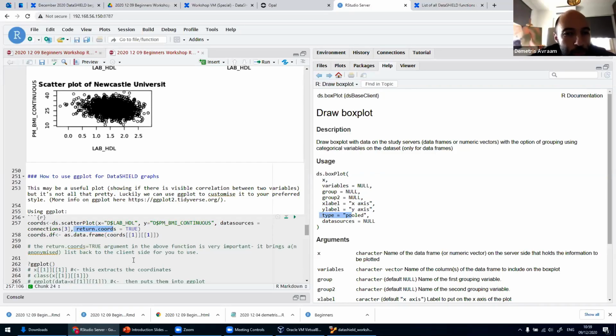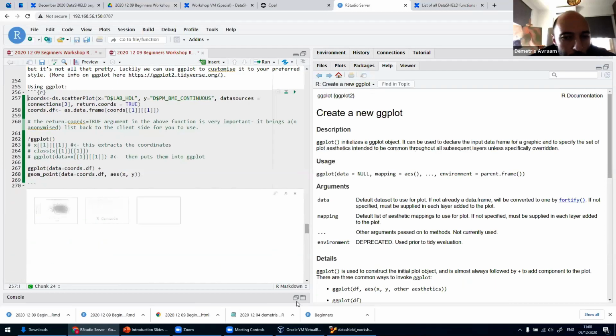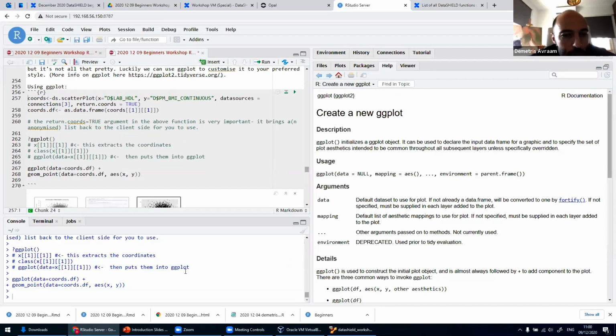of the anonymized values. So if you run this and get the coordinates, you need to assign the outcome of this function to a specific name. Here we just use the name coords. Then we can use this outcome and do whatever we want in R, in native R. So as you can see, I'm going to get these coordinates and use ggplot to make better visualizations. So let's run the whole chunk here. And if we go back to the console and type coords,